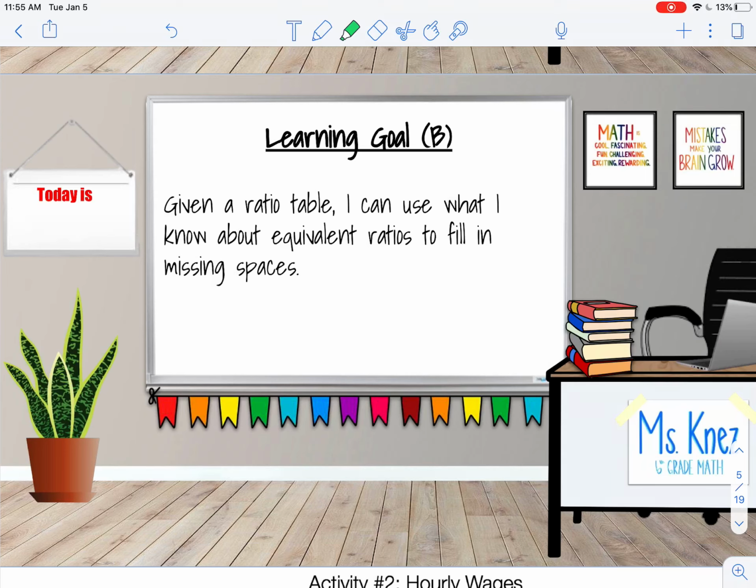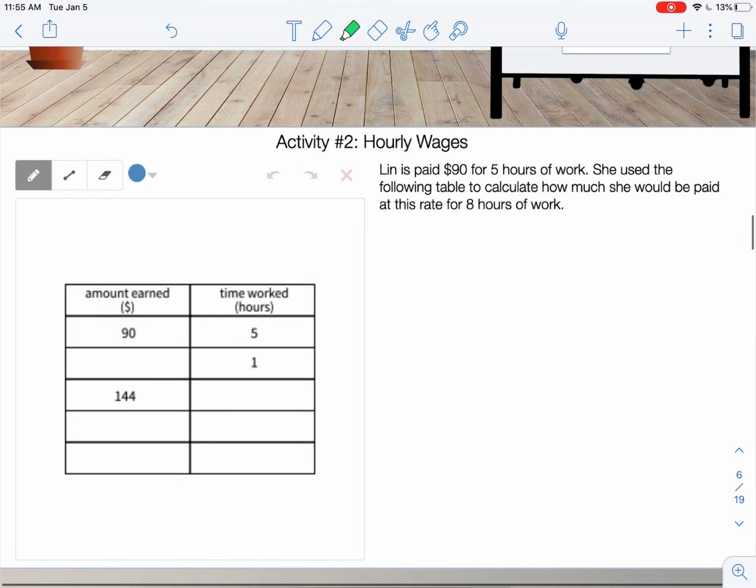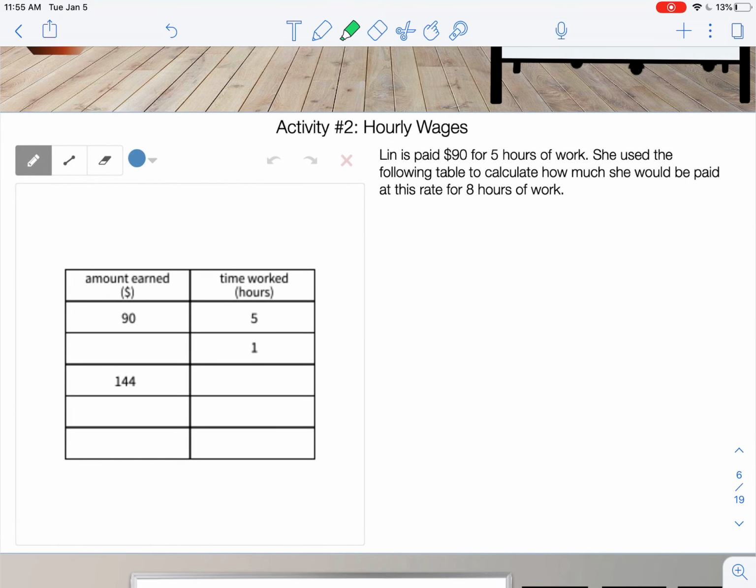Today's learning goal is, given a ratio table, I can use what I know about equivalent ratios to fill in missing spaces. Let's take a look at an example from yesterday. Lynn is paid $90 for 5 hours of work. She used the following table to calculate how much she would be paid at this rate for 8 hours of